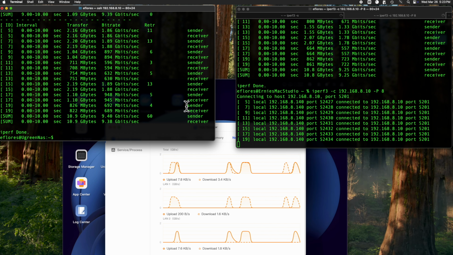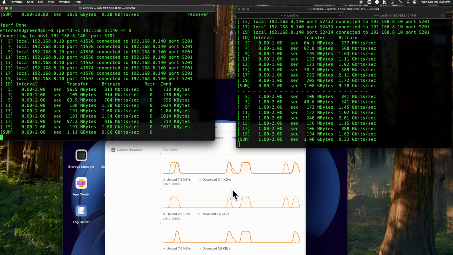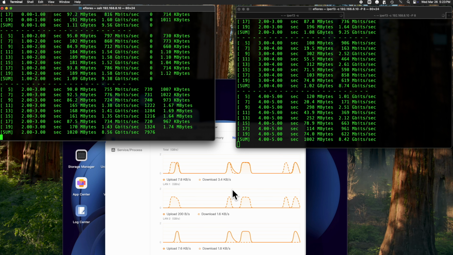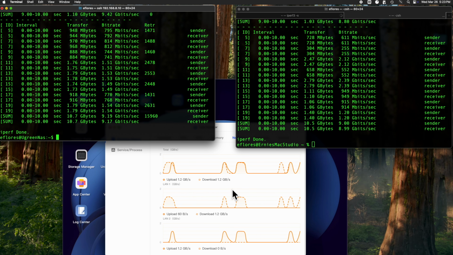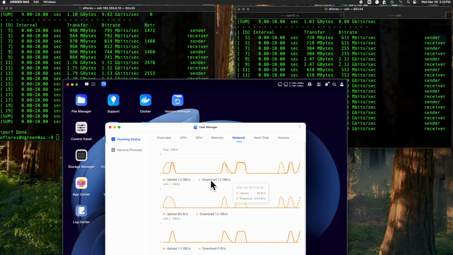I'm not sure if it's a defect on the Ubiquiti side and/or the UGREEN. I've been in contact with UGREEN support and we're currently working on trying to find a resolution. As you can tell, currently now I am actually getting the full 20 gigabits up and down on the unit,